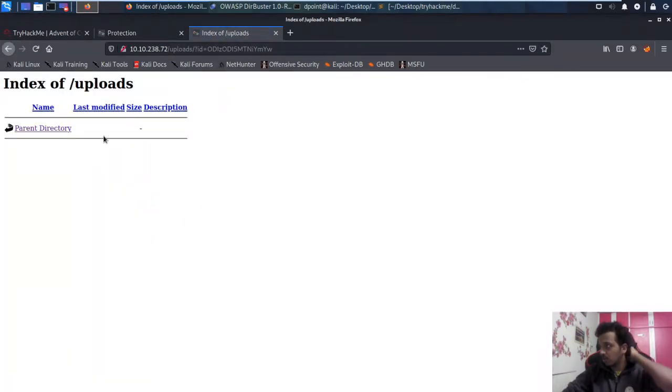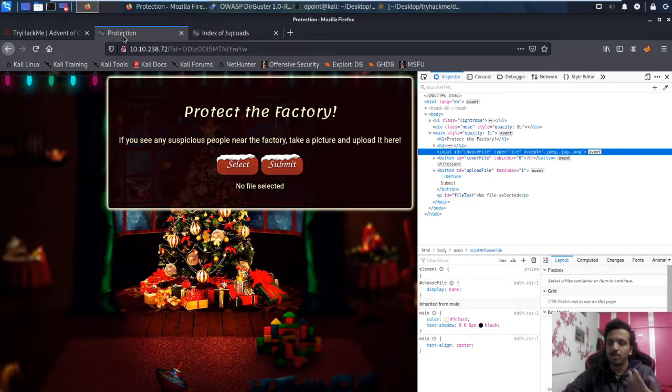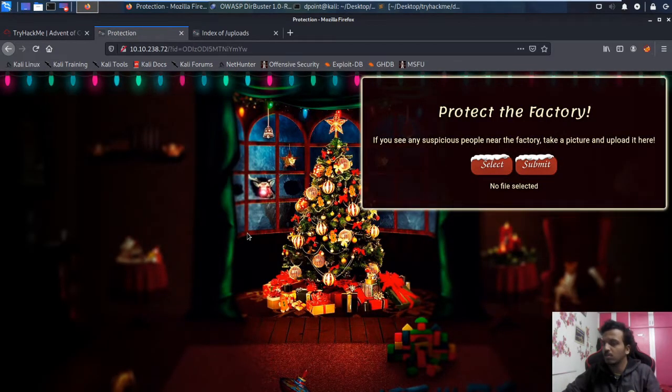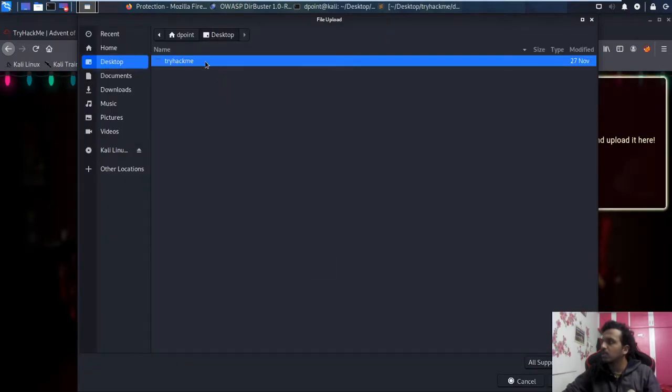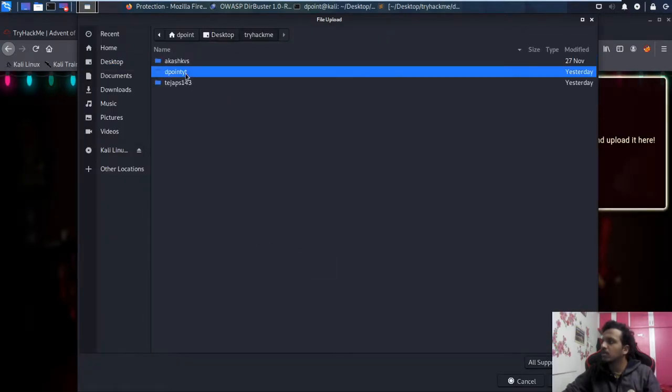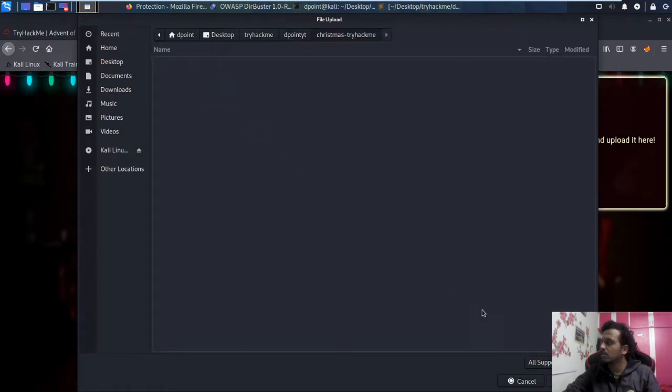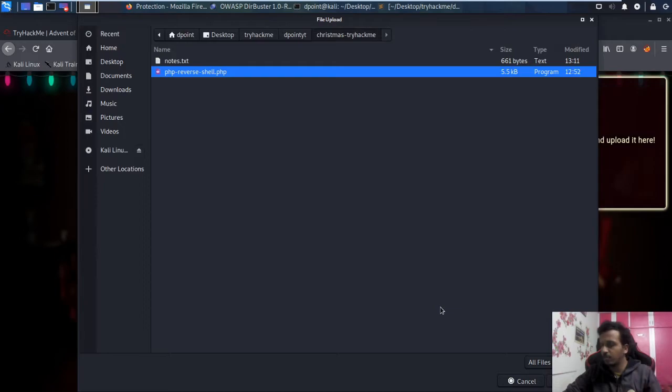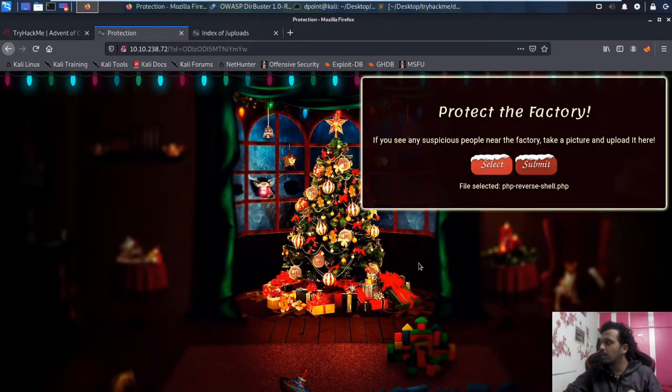Okay, so let's try to upload something, and then we can be assured that this is the actual directory. By the name it seems that it is the place where the files are going to be stored, but let's try it and see. So in the TryHackMe directory, yes, I want all files. Okay, now I can see some script that we have prepared already, but this is not going to be considered, right? Because okay, let's try to add this first.